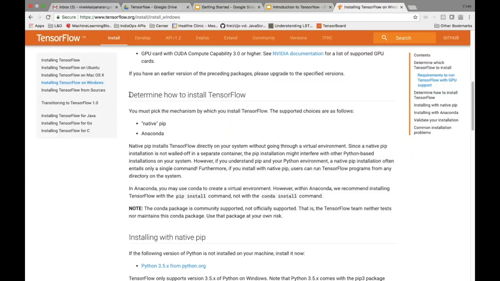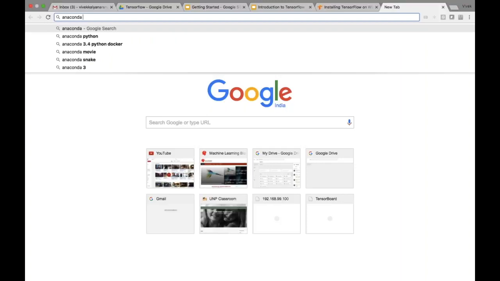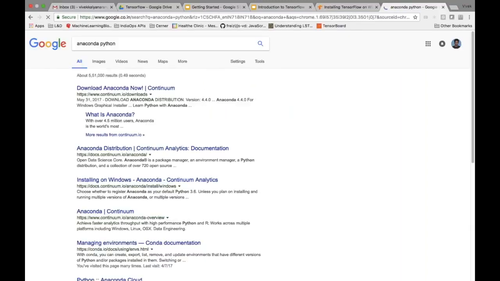First, you've got to determine how to install TensorFlow. You must pick the mechanism by which you install it. You may do that using pip, or my recommendation is doing it through Anaconda. Anaconda is actually a distribution of Python with some of the data science libraries pre-installed already. So I highly recommend that you install Anaconda. I'm going to just search Anaconda Python. The first link that comes up, download Anaconda now, is the one that I'm going to click